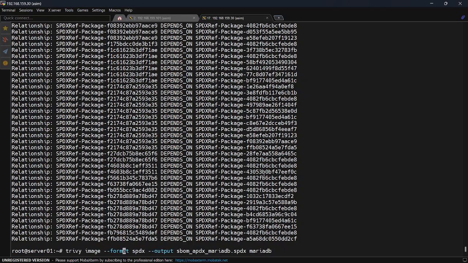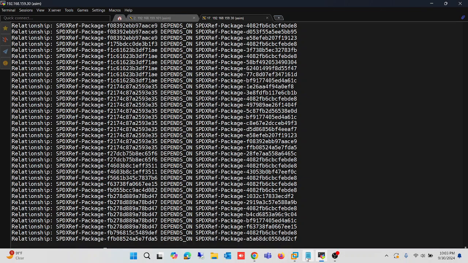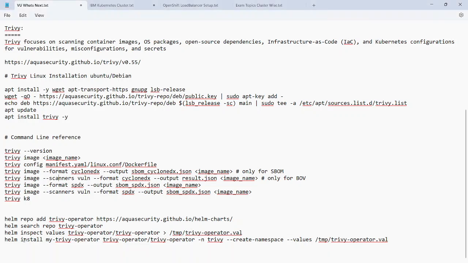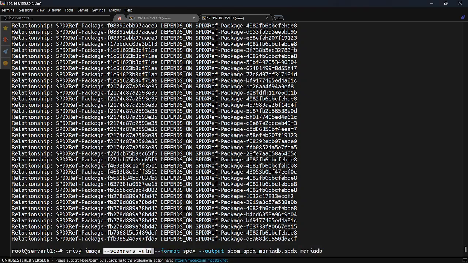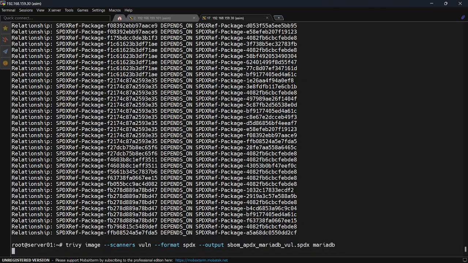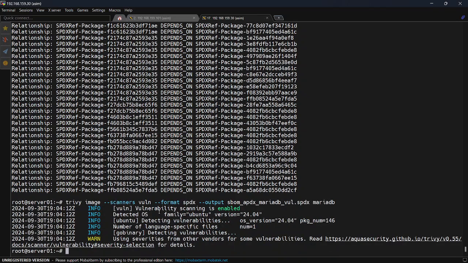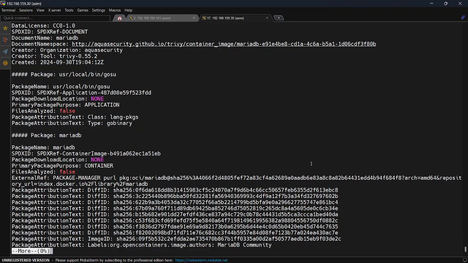So now if I just add the vulnerability scan too, this can also scan, the same command, and I can say underscore vulnerabilities report, bill of material along with vulnerability report of the MariaDB image. And if I do more, so here you can see